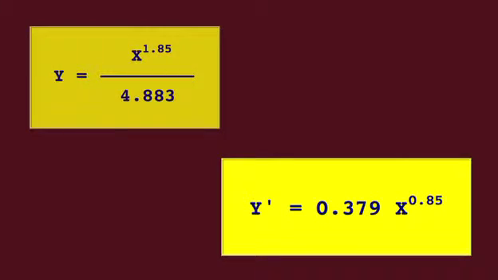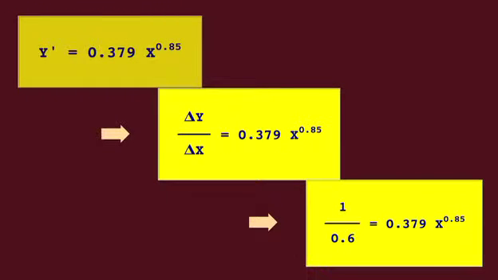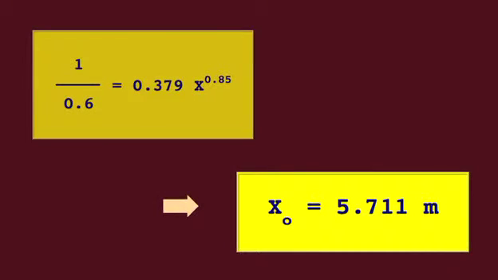The derivative is, solving for the x coordinate of the end of the profile x sub o at the point of tangency. Replacing x sub o in the equation for spillway shape,